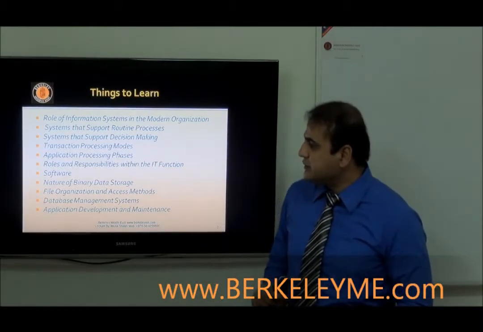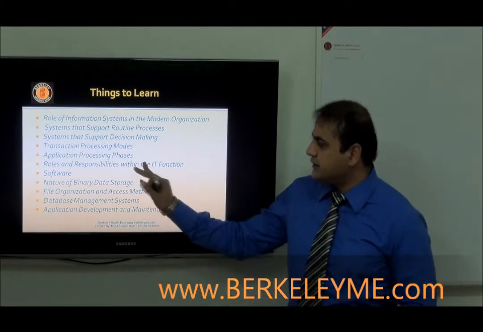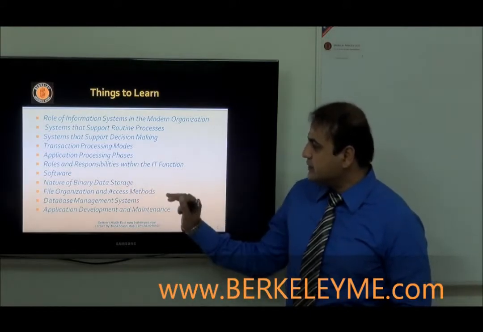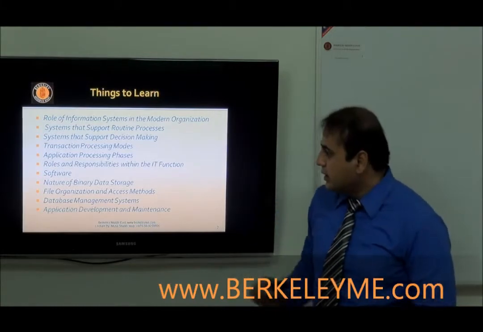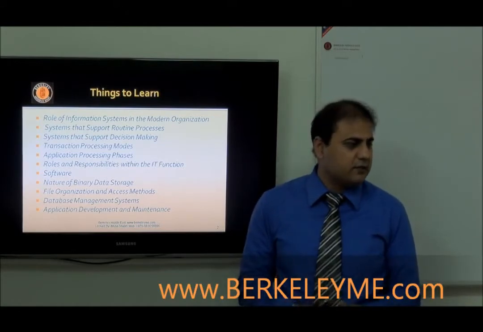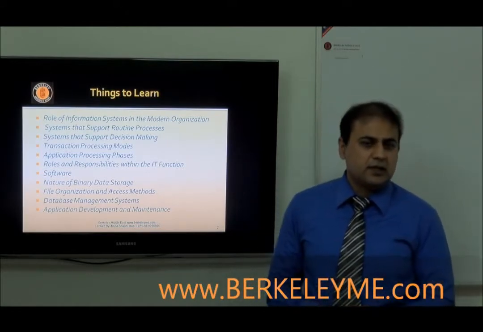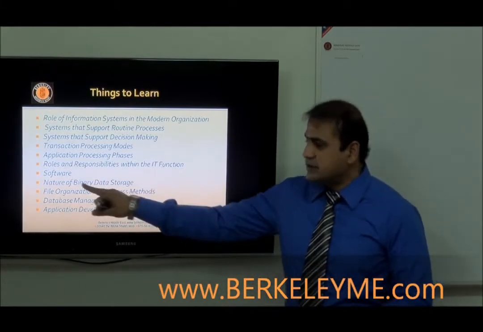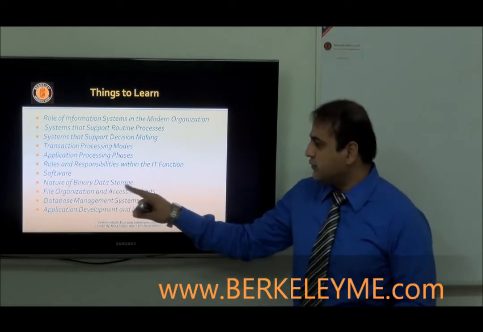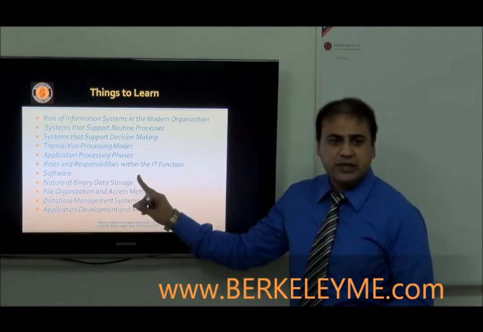Transaction processing modes, then application processing phases, the roles and responsibilities within the IT function. What is a software developer, what is a software engineer, what is the database administrator, what is the IT administrator, all these things we have to discuss. What is software, what are the types of software, the nature of binary data storage.